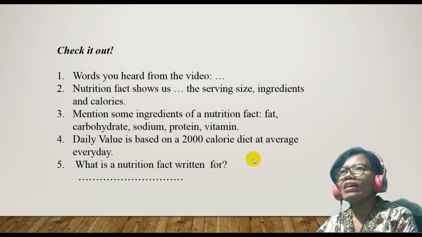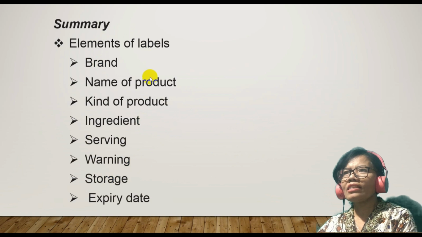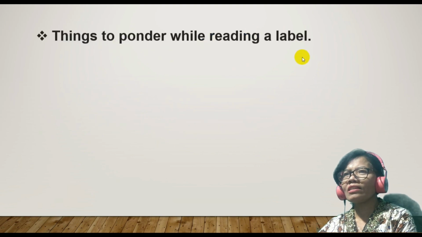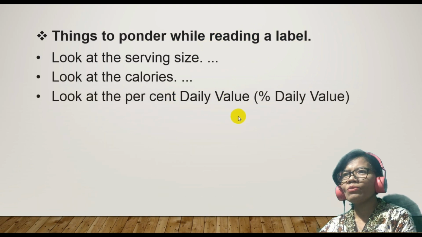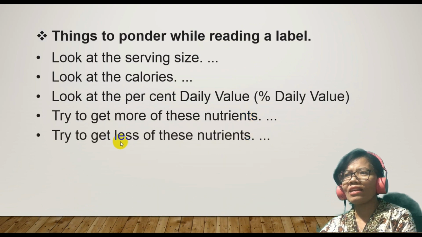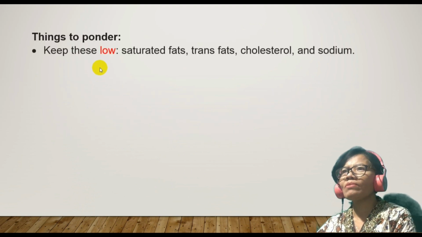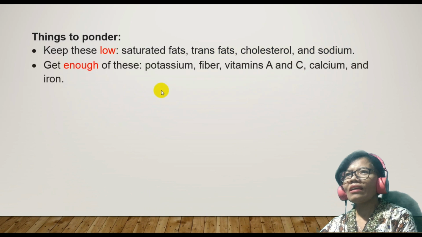Okay. Let's continue with the summary. Now, look again at the elements of labels. You should remember that. And then, things to ponder while reading a label: look at the serving size, look at the calories, look at the percent daily value, and try to get more of these nutrients and try to get less of this nutrient. Well, it's also important to keep these low: saturated fats, trans fats, cholesterol, and sodium. Get enough potassium, fiber, vitamin C,